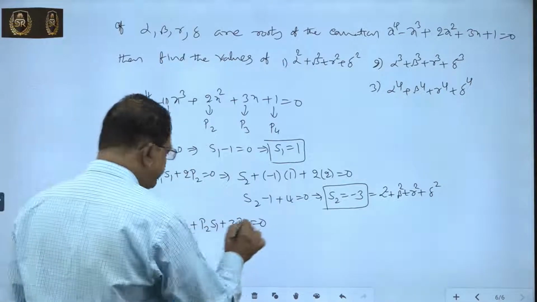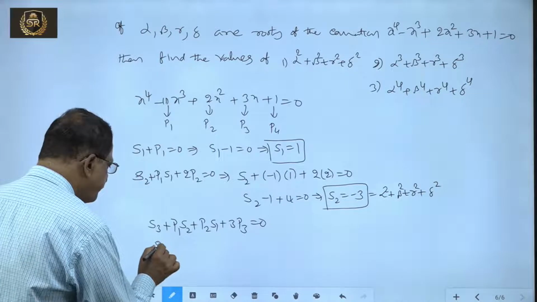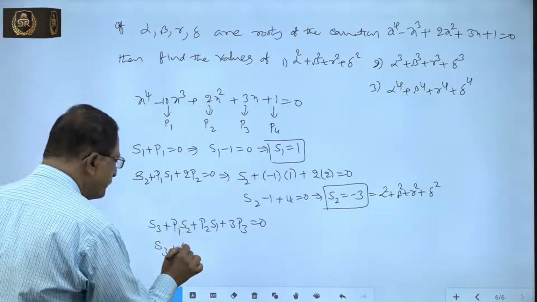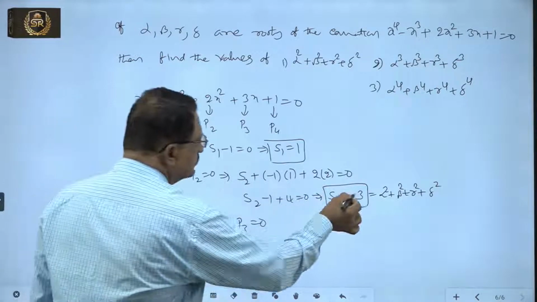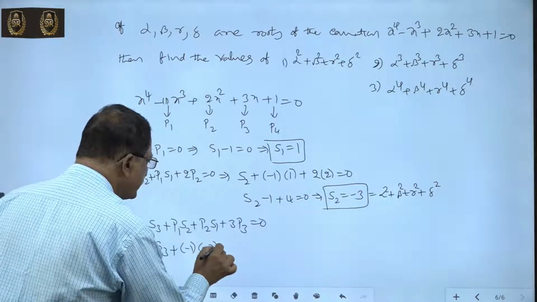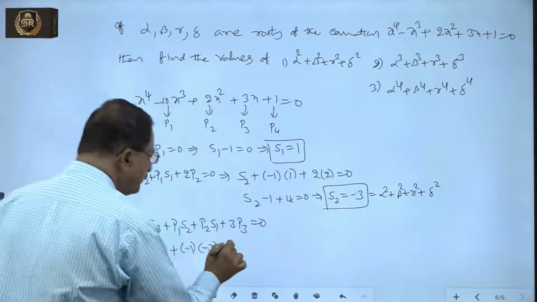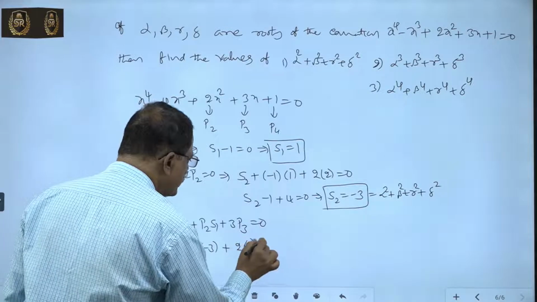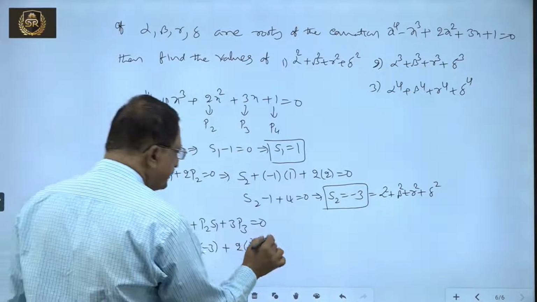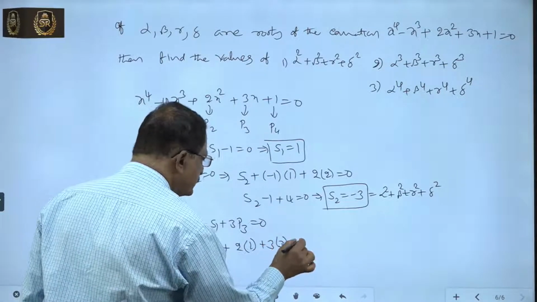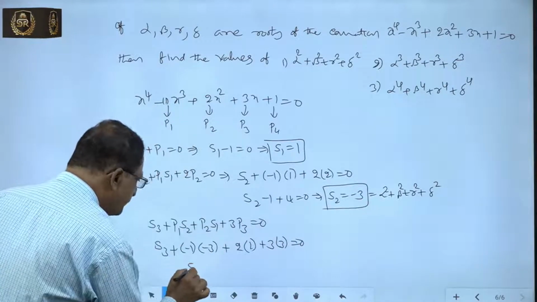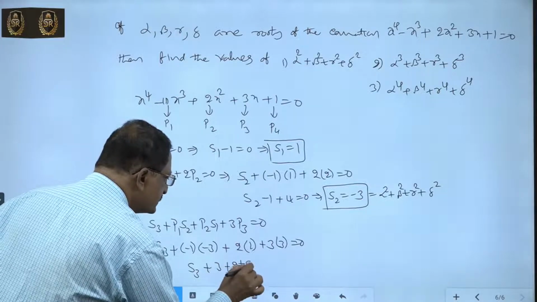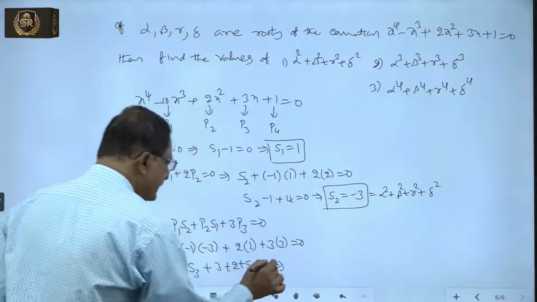Now, S3 plus P1 equals minus 1, S2 equals minus 3, plus P2 equals 2, S1 equals 1, plus 3P3, 3 into 3, equals 0. Now, S3 plus 3 plus 2 plus 9 equals 0, which implies S3 equals